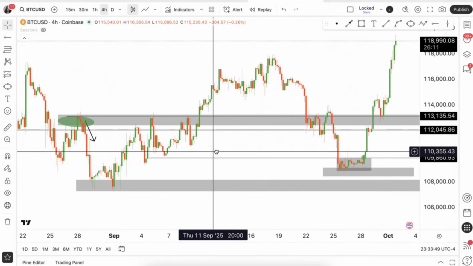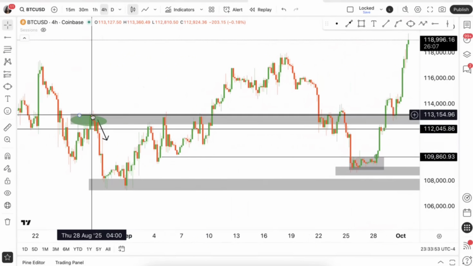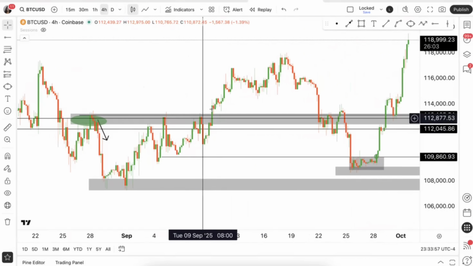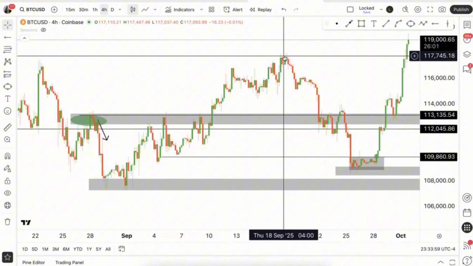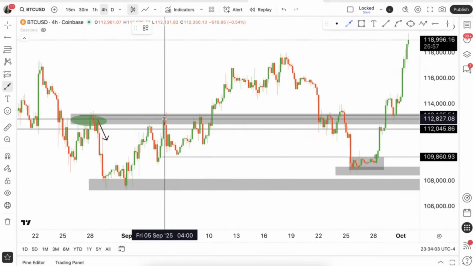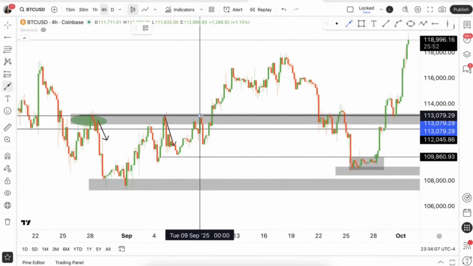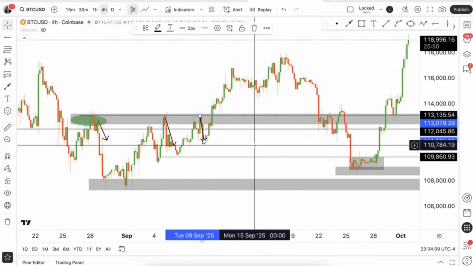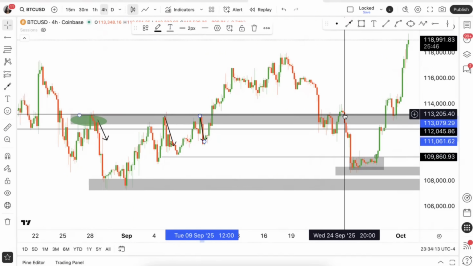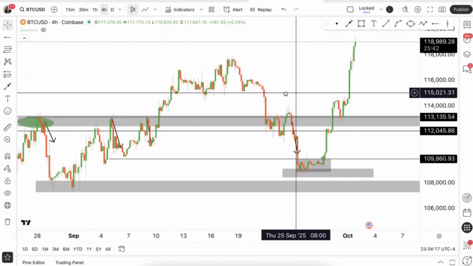Let's go back to that one level that we marked up earlier. You remember that lower high we had that price sold off of the first time? And then price ended up going on that correction all the way back up to this level? This same level had reactions here, showing us that sellers have a very strong presence at this level. Right here as well, we have sellers in a strong manner at this level.